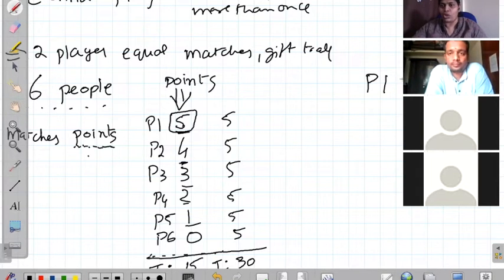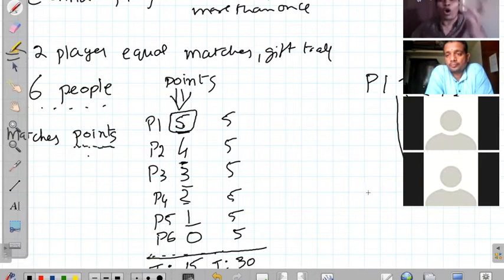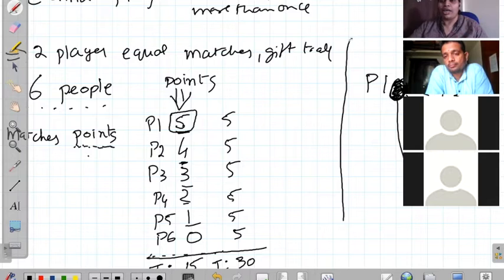a match with P2, P3, P4, P5. Ma'am, if you take a diagram, just find out the diagram. I don't want to draw all the nodes. I feel like that will complicate things. I want to look only at when player one has finished his matches. If you take the diagram, all will play with all together. Everyone played with an equal number of players. Exactly. Yeah.